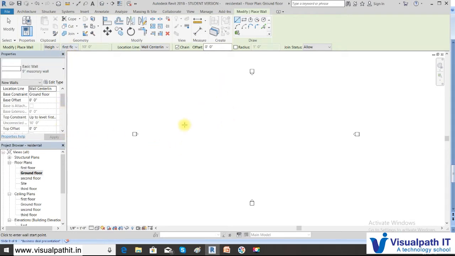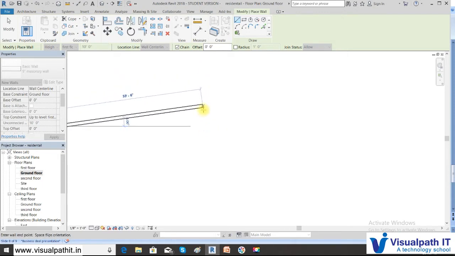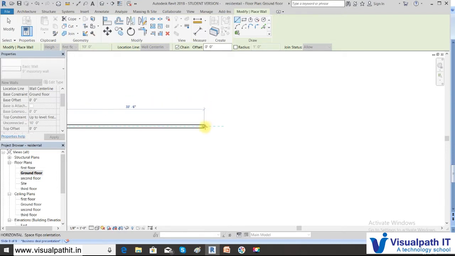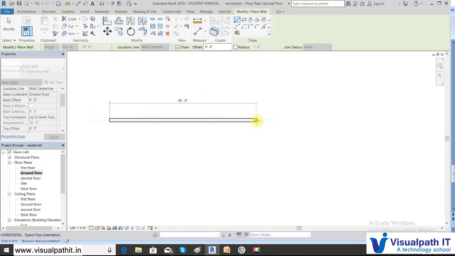Okay. Now how to draw it is click on the screen first. Drag your cursor. Zoom it if you want. Now it is telling you, and you can see that if you move your cursor like this, it will be non-inclined walls. And now we are going to have a straight wall. Move your cursor straight, keep the reference line straight, type your value. Suppose I want to draw a 12-foot wall, type 12 and press the apostrophe button, which represents foot, press enter.